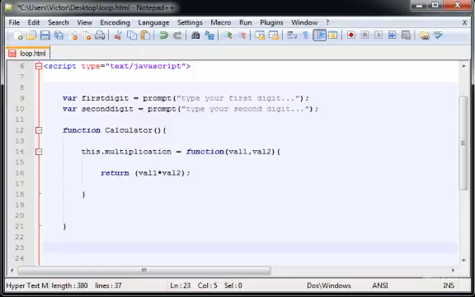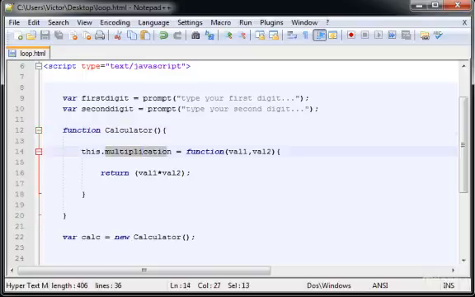Now down here we create the object called calc equals, and the object is going to be called calculator. It needs the same name as the function. Okay, here calculator and parentheses, of course, and the object is now created. Okay, so we have created the object. I designated directly the multiplication property, which is a function that will return the multiplication of the two parameters. Now the parameters need a value, and I'm going to do alert